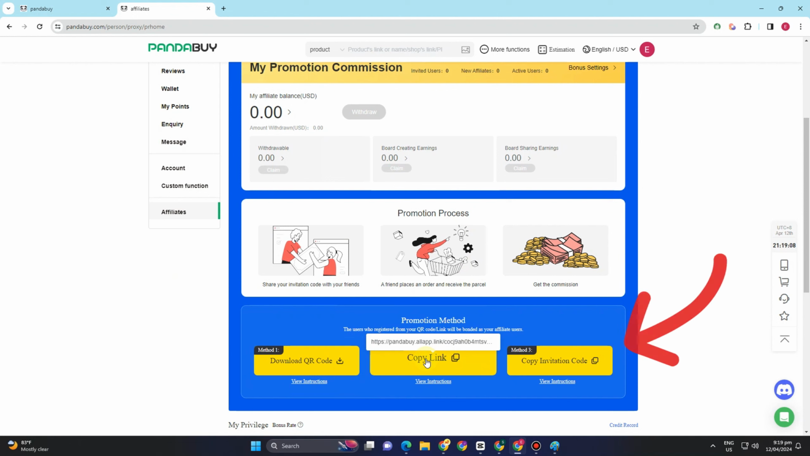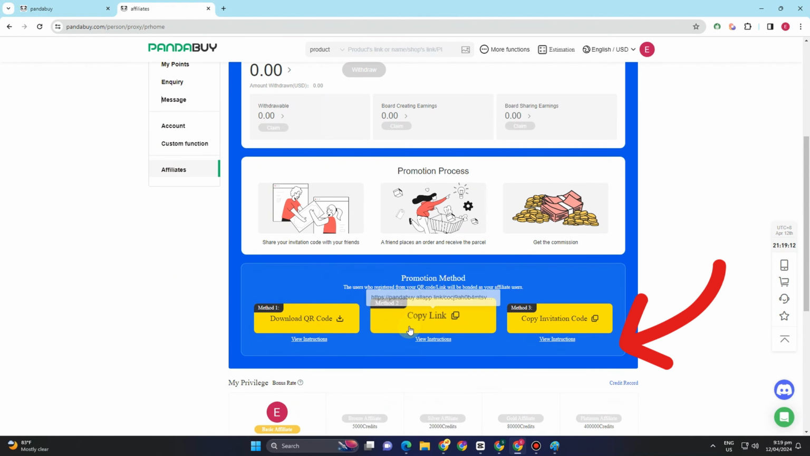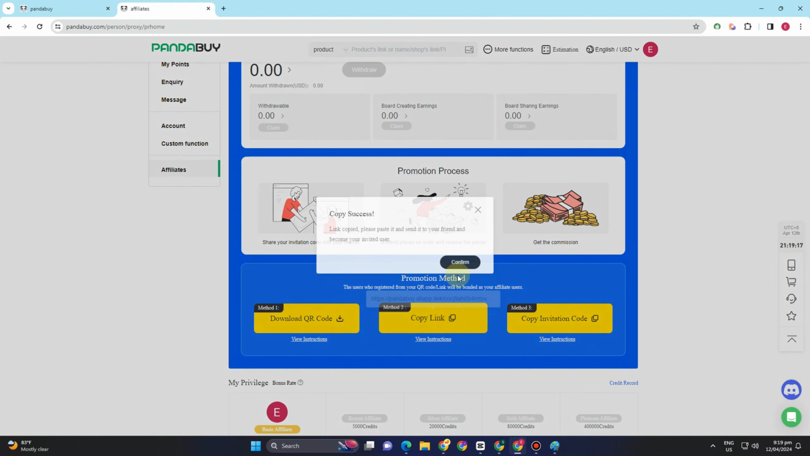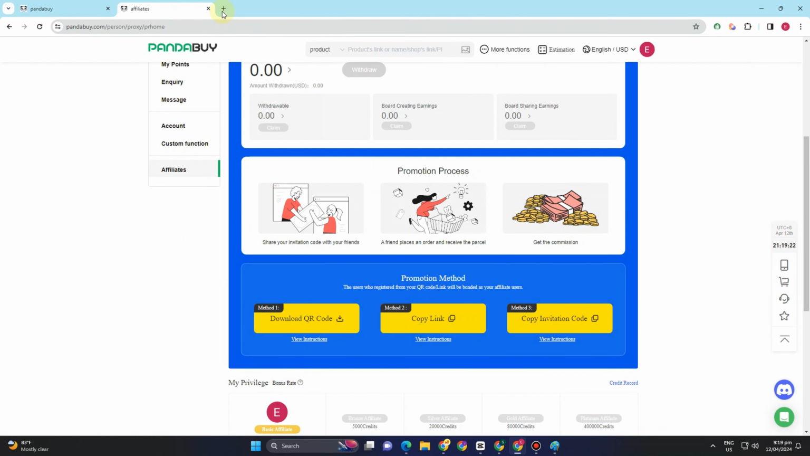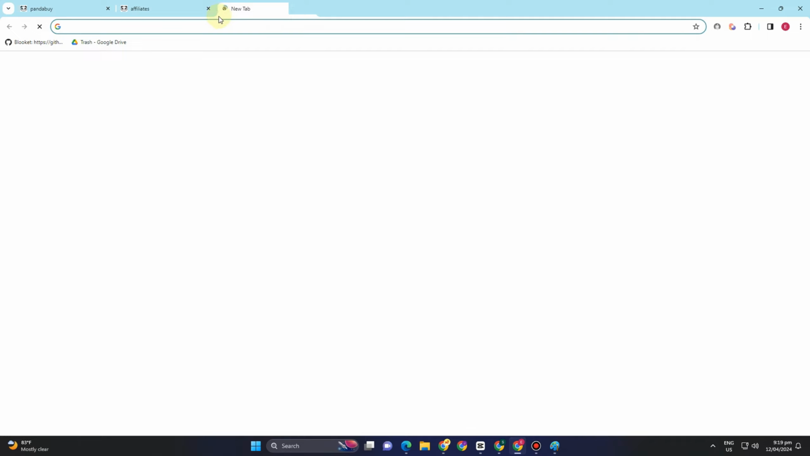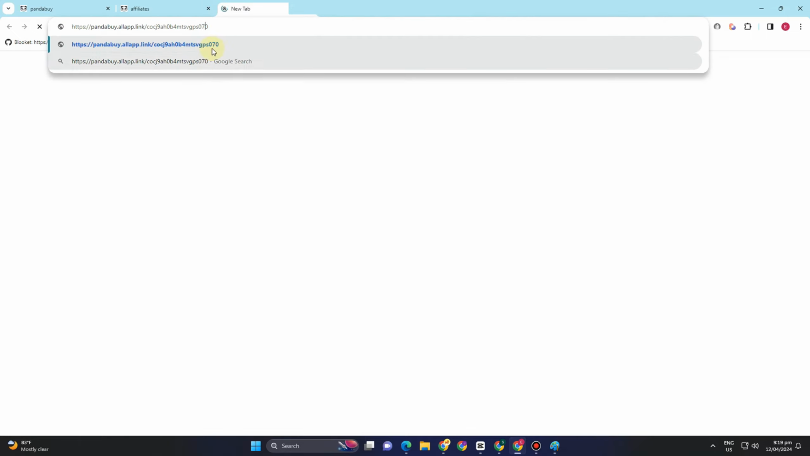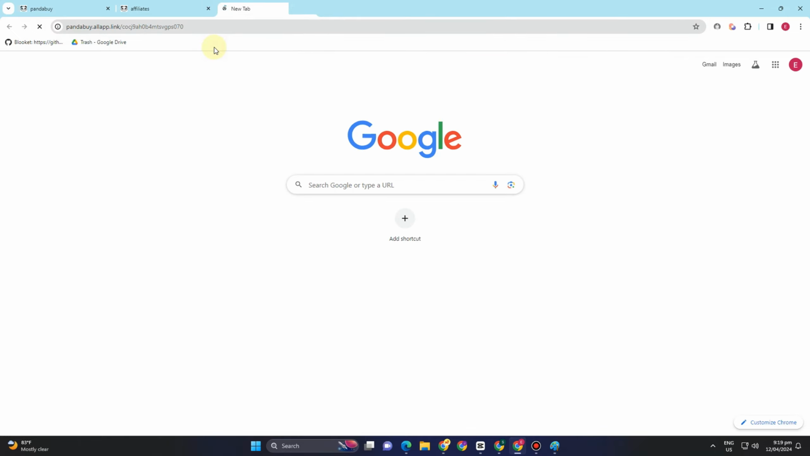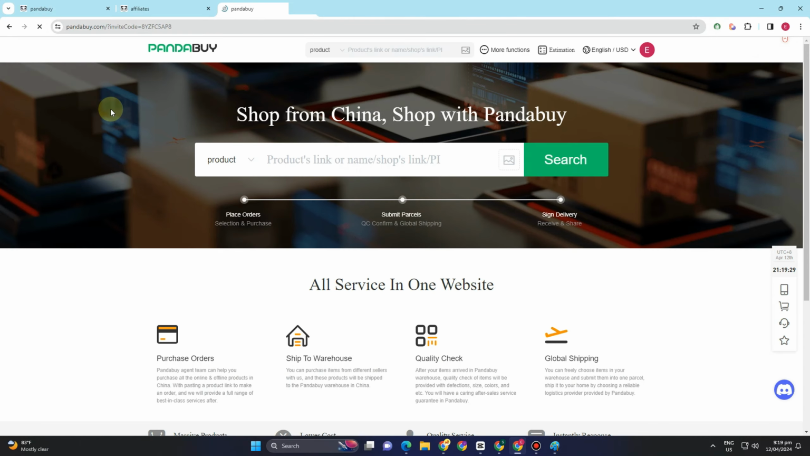So how you are going to earn here in Pandabuy is you just have to promote your link. So you have to copy this one and then paste it somewhere. Like, for example, you're going to promote this specific product, and then below you should include your link. So if the customer clicks that link and purchases something or purchases a product, then automatically you can earn a